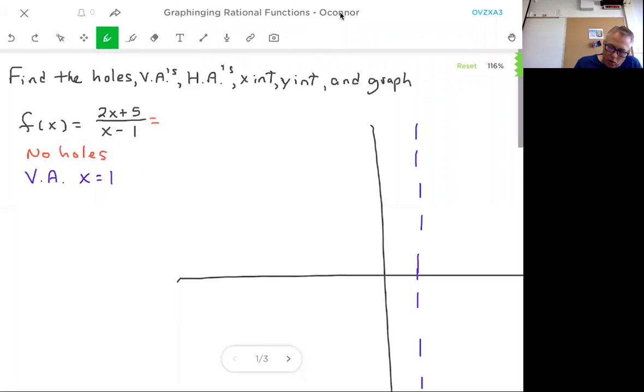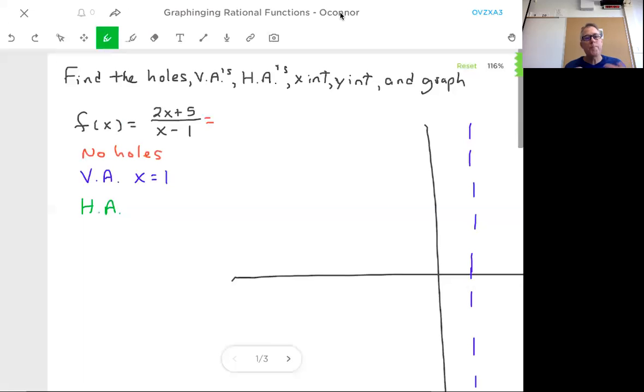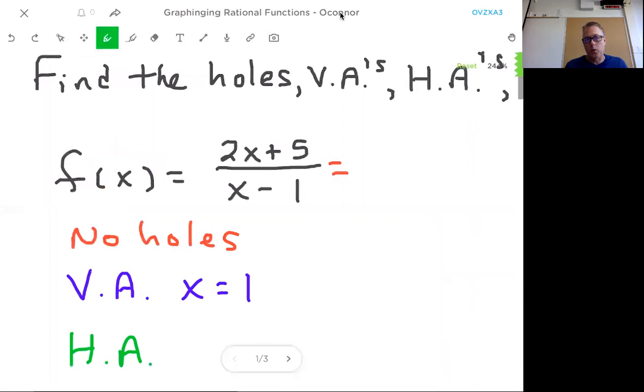Second, we can get our horizontal asymptote. That's where we do the top heavy, bottom heavy, or equal. So you would look back at your notes if you have those from the worksheet from yesterday, but the horizontal asymptote, in this case, we're looking at the degree of the top and bottom. They're both first degree. And if they are equal, then we use the